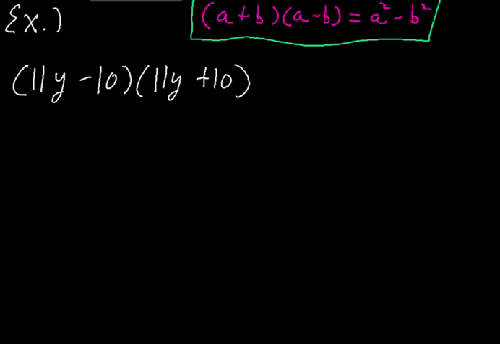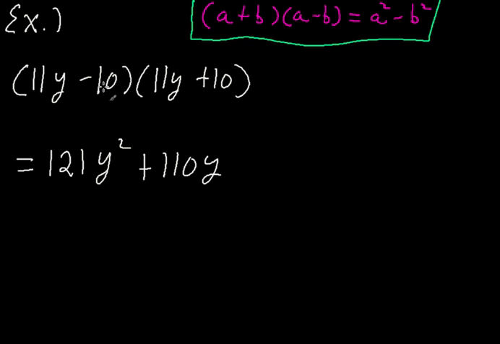Okay, let's go on. Another example would be 11y minus 10 times 11y plus 10. These are conjugates because they have the opposite sign in the middle. So this is going to represent an example of difference of squares. Okay, so 11 times 11 is 121y squared. 11 times 10, well, that's going to be